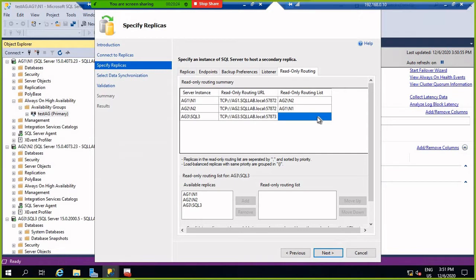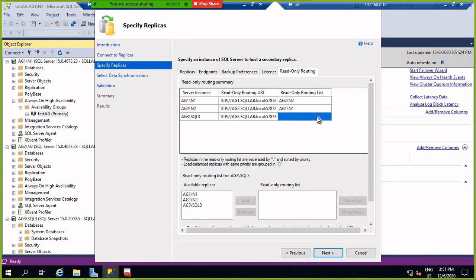Okay, so here, earlier what I was saying is that if AG1 N1 is my primary, then the secondary port, if I'm trying to connect using the listener, on which port am I connecting? So it's saying AG2 N2.